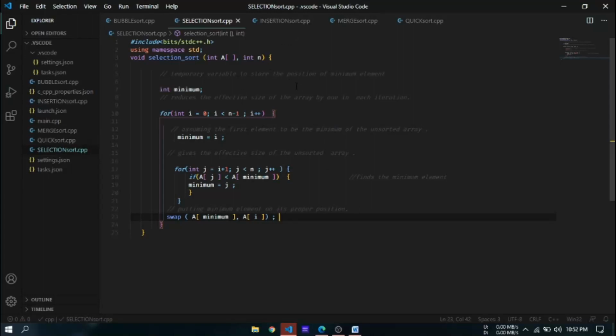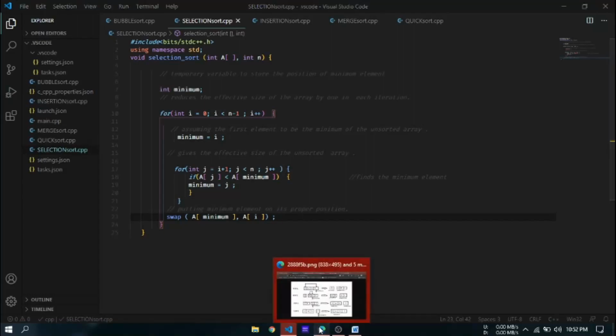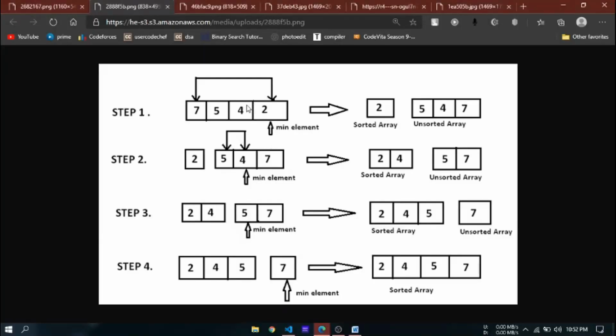Now, why is the name selection sort? How can you remember the difference between selection and bubble sort? As the name suggests, in selection sort we are basically selecting each integer. I will explain it like this. At one index, what should the number be? At the zeroth index, 2 should be the number. So from this array, we are selecting 2.